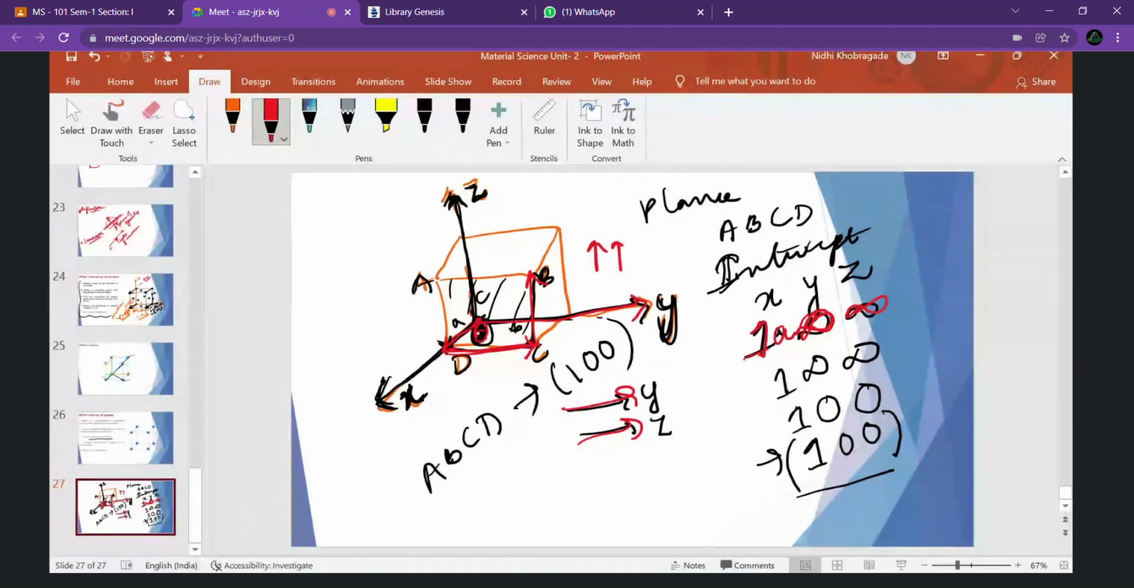So this is the Miller indices of this particular plane, A, B, C, D, and the Miller indices are put into a round bracket. So the Miller indices for the A, B, C, D plane is (1 0 0). Fine. So next, if we consider